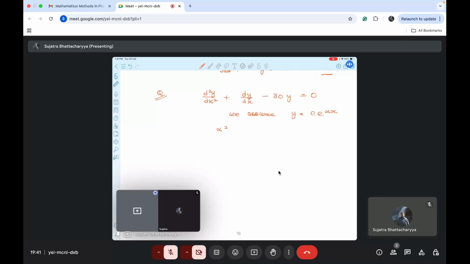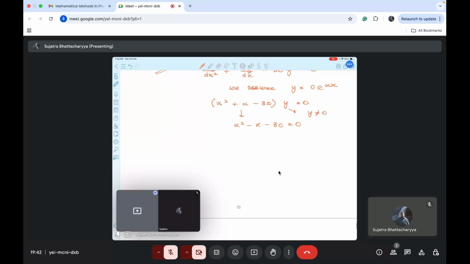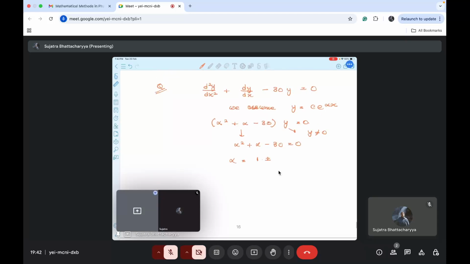What will you get? We get alpha square plus alpha minus 30 into y is equal to 0. Solve this auxiliary equation: alpha square plus alpha minus 30 is equal to 0. We put this as 0. y is not 0 because we need the solution for y. So alpha becomes minus b, so minus 1 plus minus root over b square, 1 square minus 4 into 30 into 1, correct? Divided by